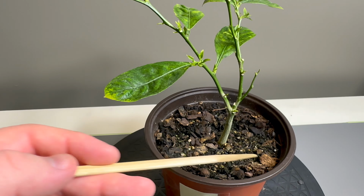What's going on. Like I said, we have some new growth here, and it's always interesting to see this because it looks like aliens, you know, all this new budding and stuff coming through. It's all green, looks great. We've got some continued growth, which is what I want to see. No browning or anything like that on this new growth. I've seen that a little bit on certain plants, and it's just kind of sad to see, but it's nice